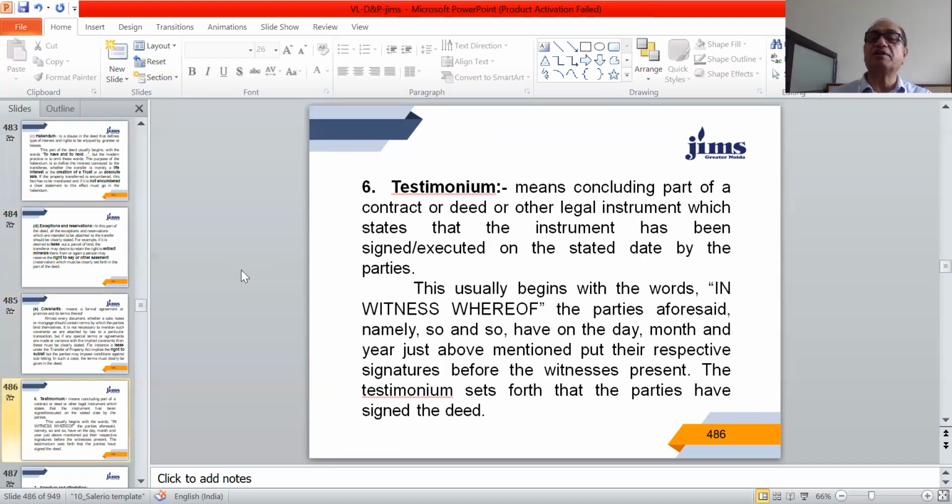Then comes the testimonial clause. This testimonium means concluding part of a contract or deed or other legal instrument which states that the instrument has been signed or executed on the stated date by the parties. And this usually begins with the words in witness whereof, because two witnesses are required to be mentioned in the deed. So in witness whereof, the parties aforesaid, namely so and so, have on the day, month, and year just above mentioned, put their respective signatures before the